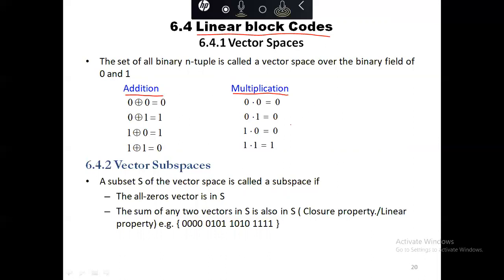Code vector space is in fact, for example, there is a 2 raised to power k bit sequence. So we want to encode it. So we need the number of code words to be the same. So it means if they are 8,